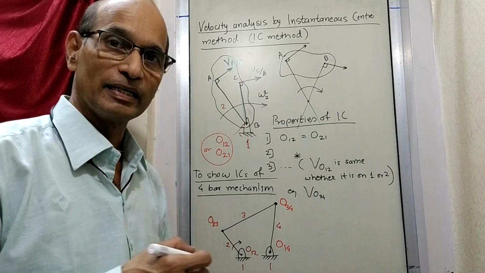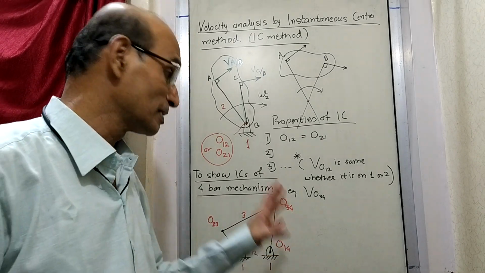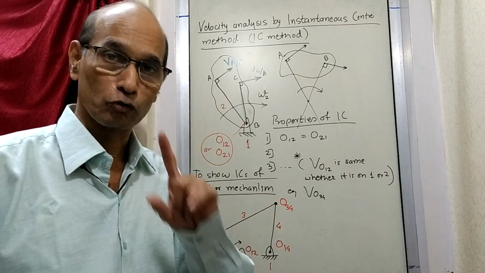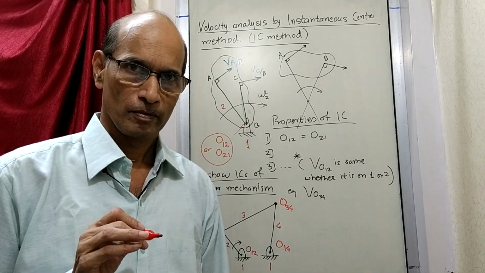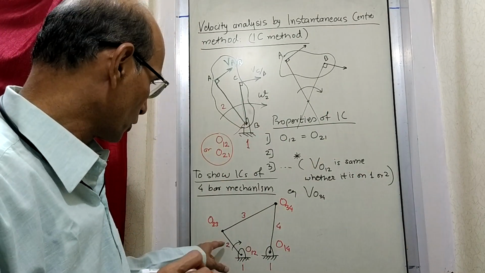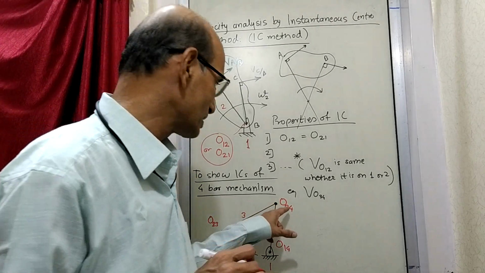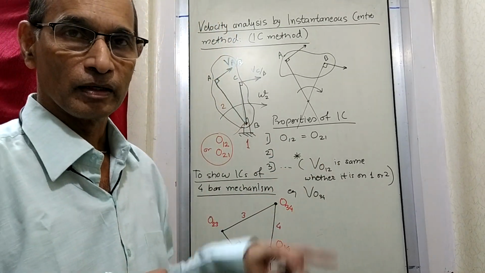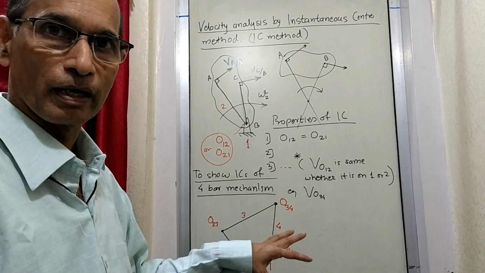Now how many instantaneous centers exist for these 4 links combination? The answer is there are going to be 6 instantaneous centers, out of which these 4 we have immediately obtained just by observation. Just by observing 1 and 2 connected here, we call this O12. Just because 2 and 3 connected here, we call this O23. Just because 3 and 4 connected here, we call this as O34 and this is O14. But then there are 2 more centers existing. Now what are these 2 more centers? That is what we are going to find out.